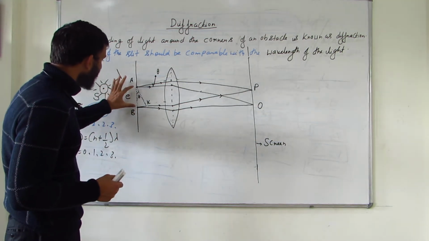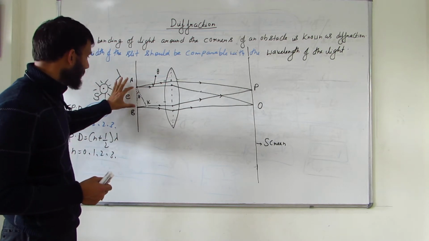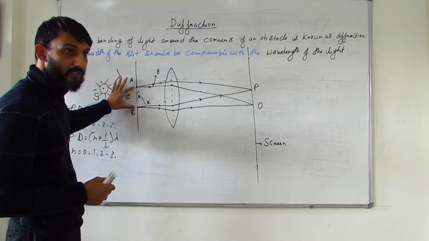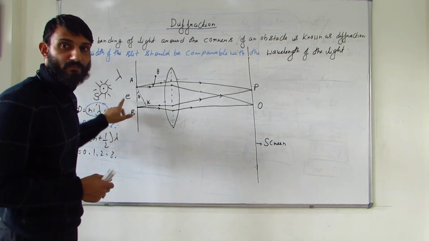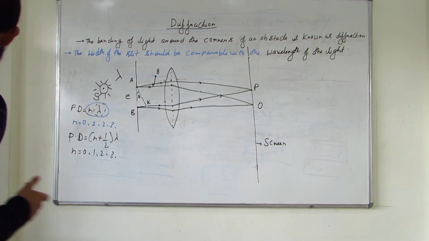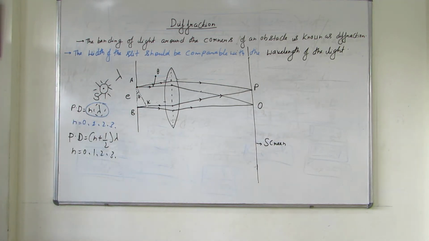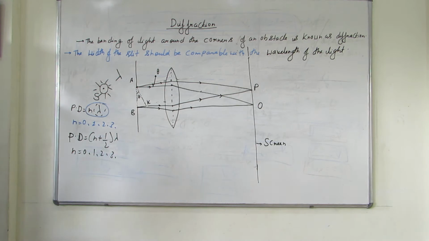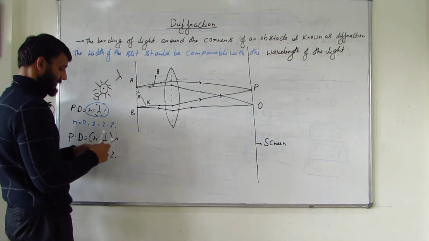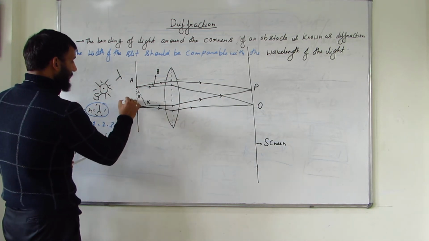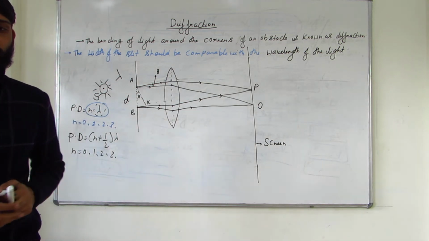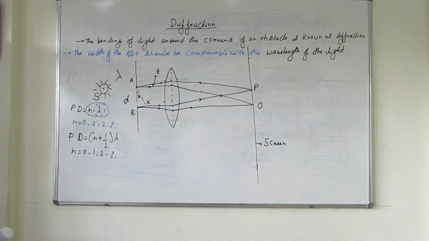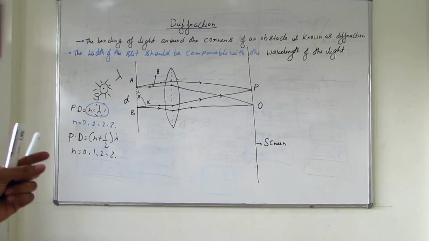So this is the wavefront, AB is the wavefront which is coming through this slit whose width is e, small e, we have taken. Now in the previous interference we had taken the distance between the two slits as d, small d. If you want to keep it d as well, you can keep it d. Now, as you can see, there are no two slits. There is just a single slit, and AB is the wavefront which is passing through this slit whose width is d, small d.